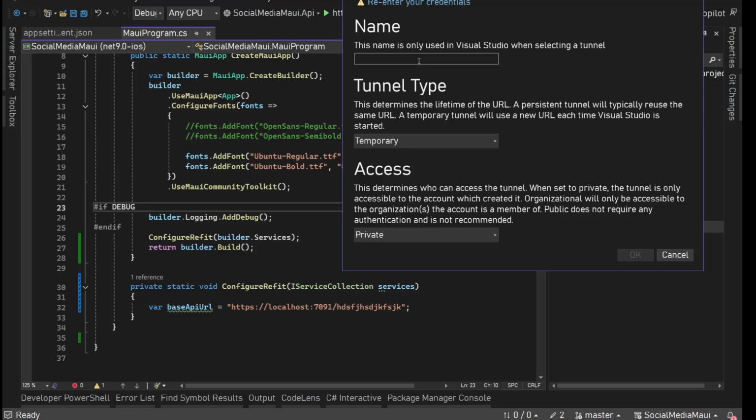Name of this tunnel, we can name it whatever we want. Okay, so we'll say MAUI social media YT. Tunnel type, let's make it persistent so that if I'm coming back tomorrow for recording or using it,